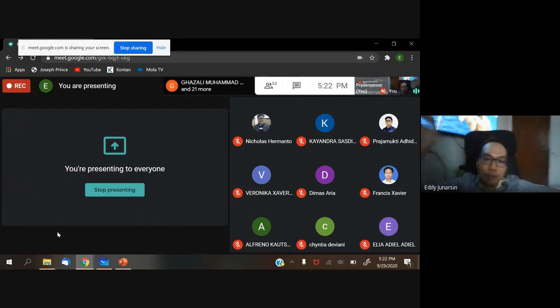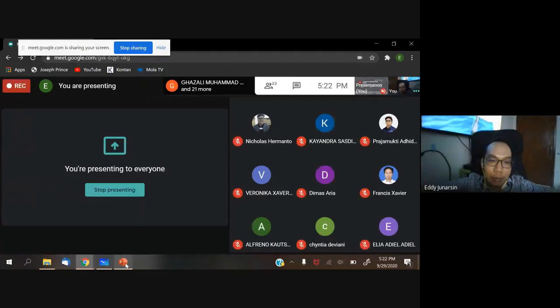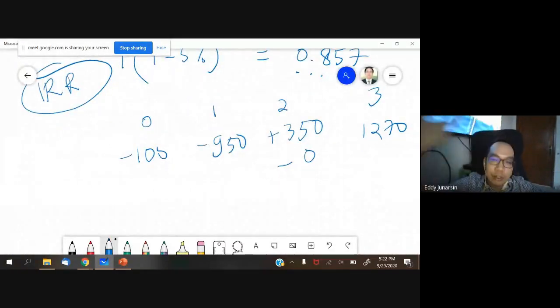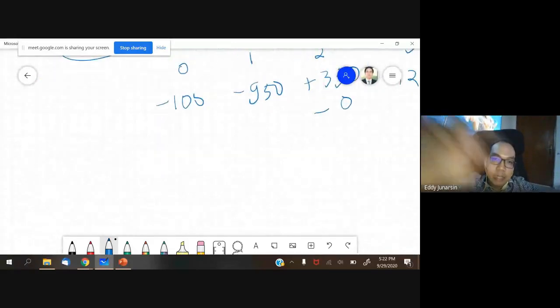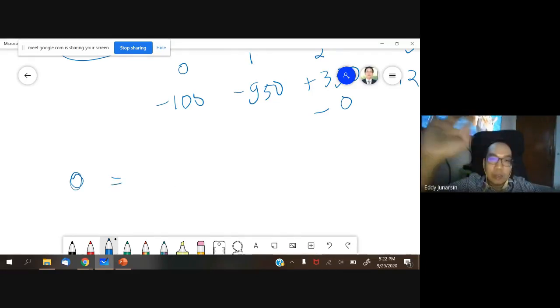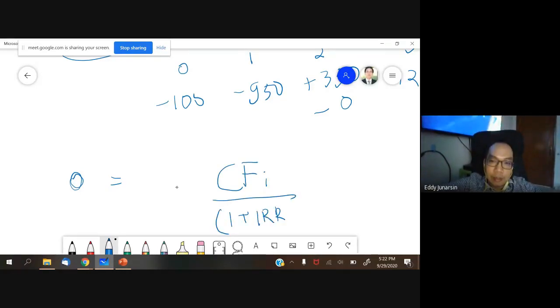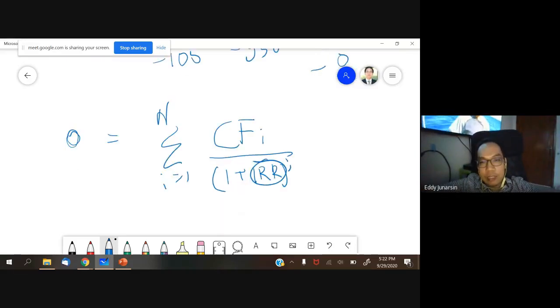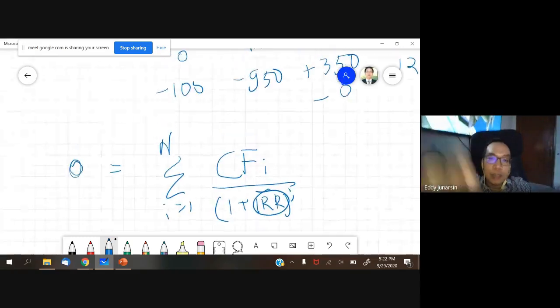So IRR. We have to calculate the IRR. What is the logic there? Why do we need to calculate the IRR? Because we need to find the return at the position of 0 NPV. So we have future cash flows, discounted back at the IRR. Here is the denominator. So we find the denominator that equates the present value of cash flows to 0. 0 is the NPV.